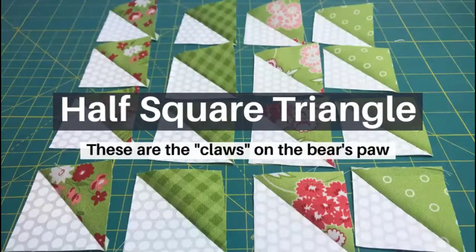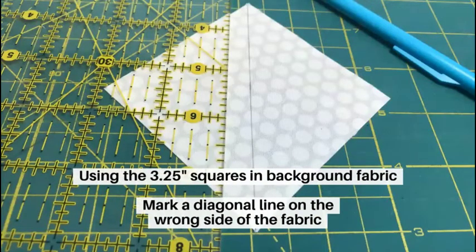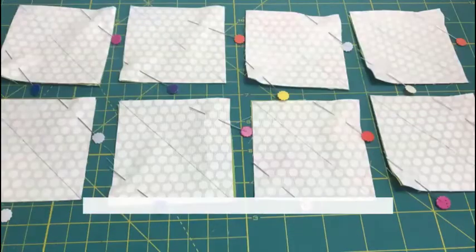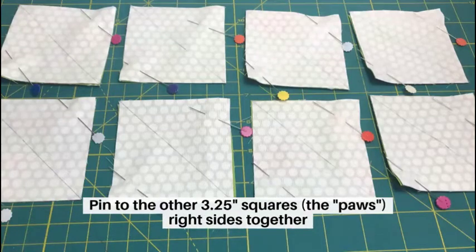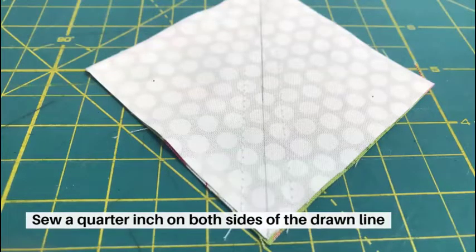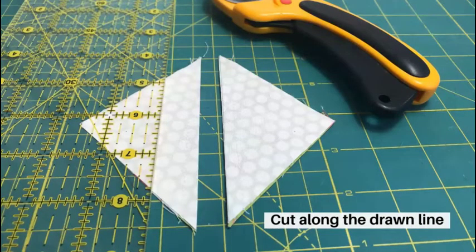Making the half square triangles, these are the claws on the bear's paw. Using the 3 1/4 inch squares in background fabric, mark a diagonal line on the wrong side of the fabric. And repeat this for all 8 squares. Pin to the other 3 1/4 inch squares the paw fabric right sides together, sew a 1/4 inch seam on both sides of the drawn line, and then cut along the drawn line,